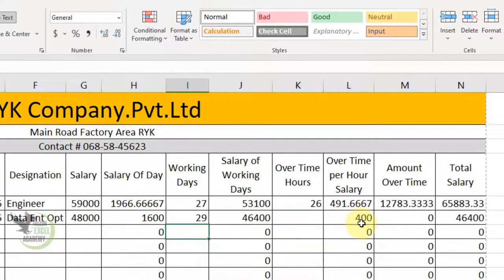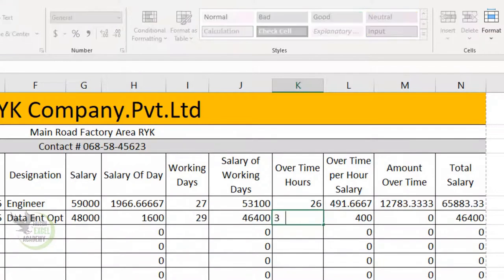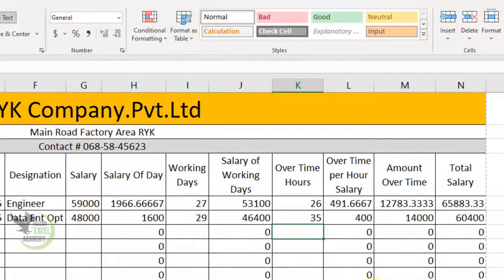In the same way, the overtime salary for R has also appeared automatically, as you can see. He is getting overtime at the rate of 400 per hour. Then, according to the timetable sheet, the overtime we have here is 35 hours. He did overtime for 35 hours in 29 days. So for 35 hours, he was getting 400 rupees per hour, and then 35 was multiplied by 400, which became 14,000. And 14,000, that is the amount for overtime, plus the working day's salary, makes the total salary 60,400